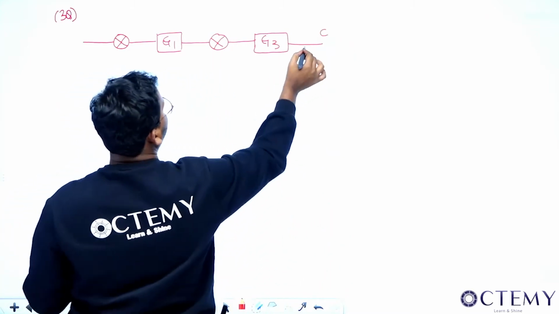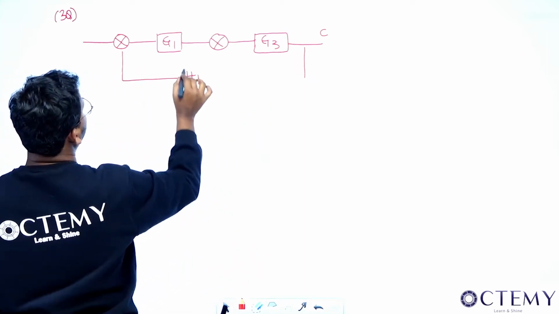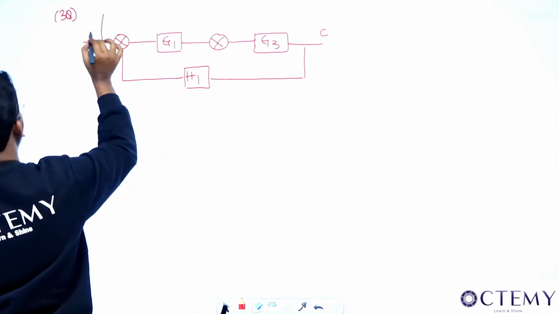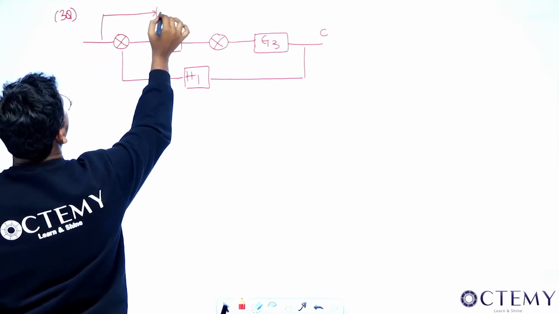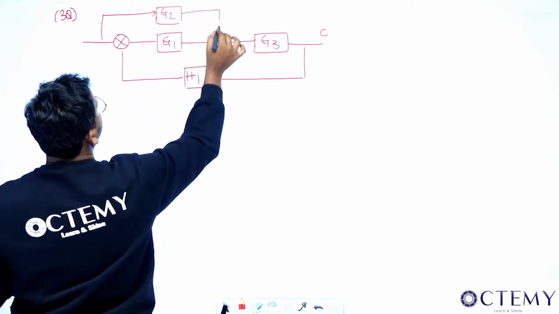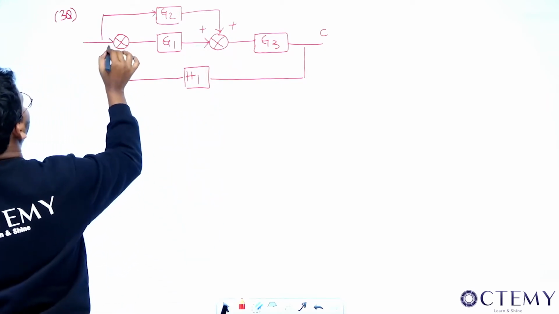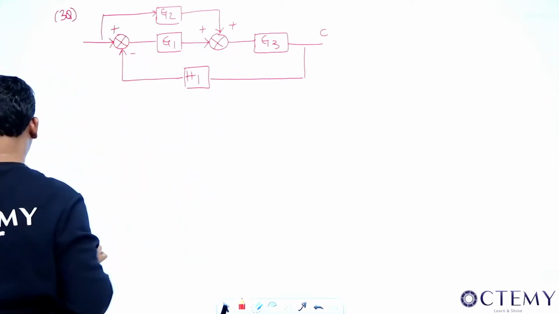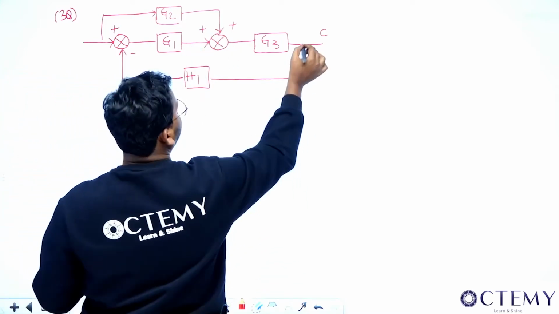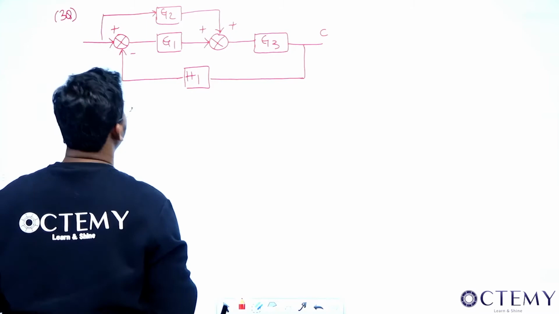And from here, after this, you have the loop as H1. Then from here, you have a loop saying G2. And it is coming here. So this is plus, this is plus, this is plus, this is minus, and this is plus. I have written, sir, right? So this is coming from here to here. Everything is there. Now let us see how you do this.